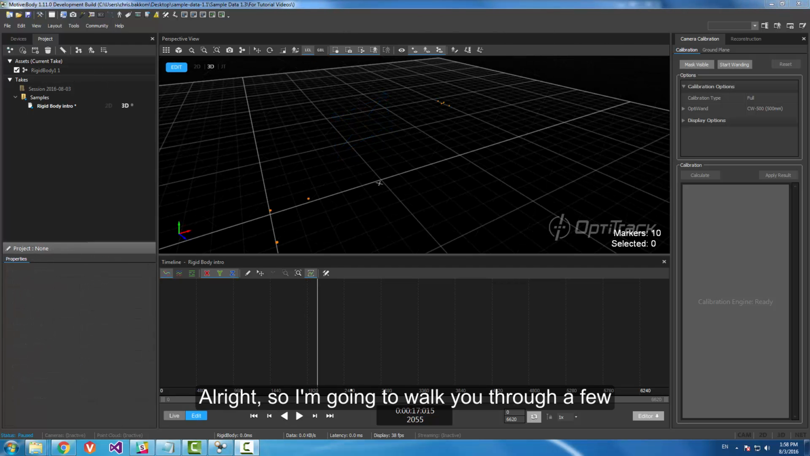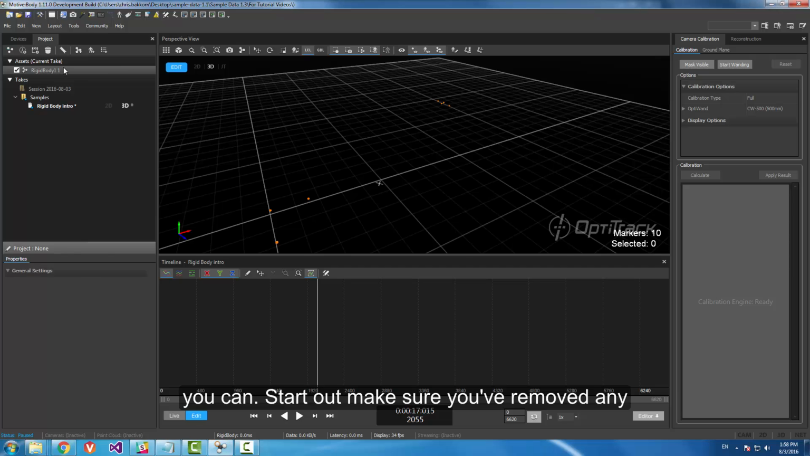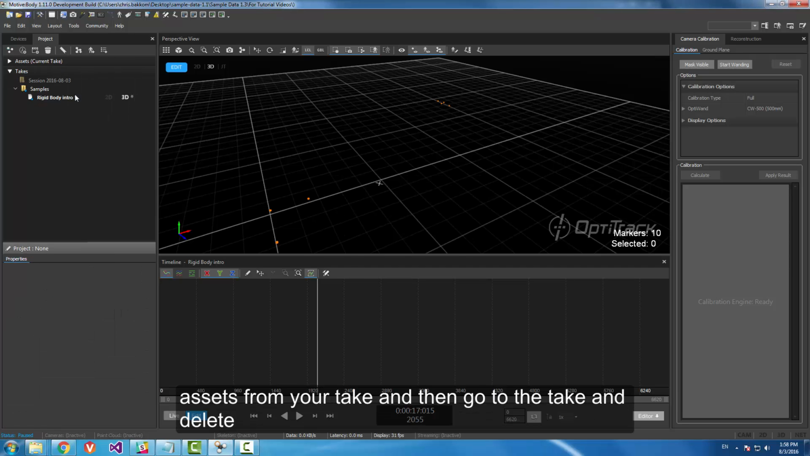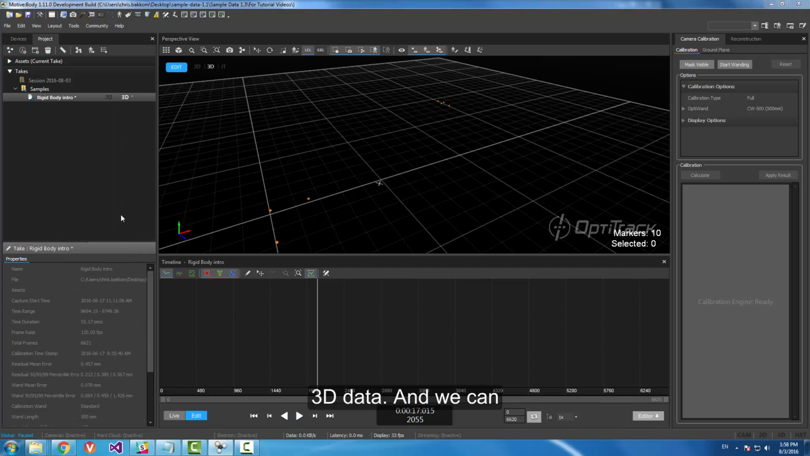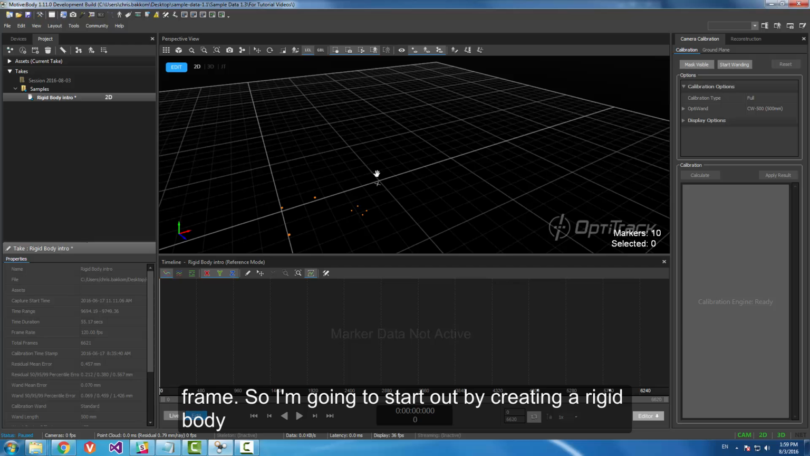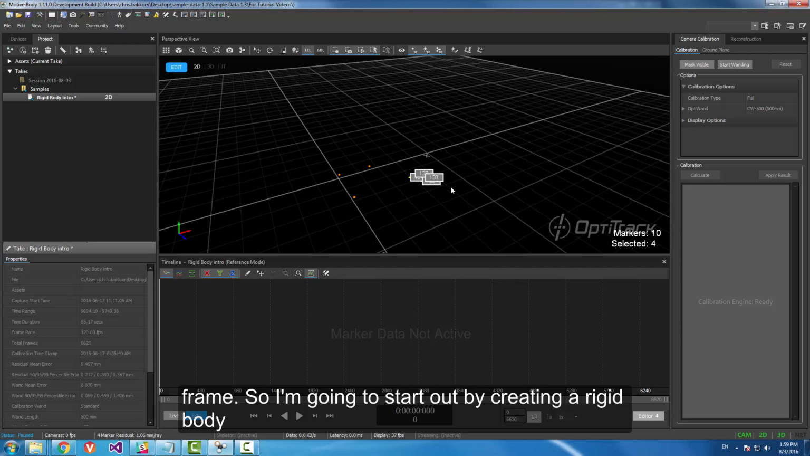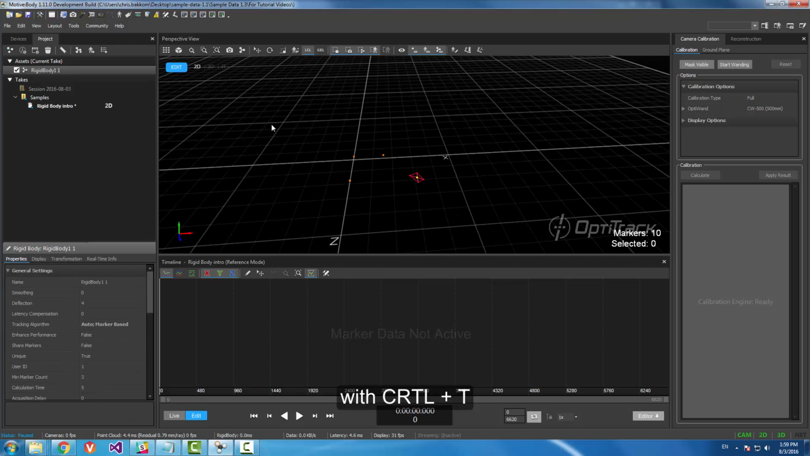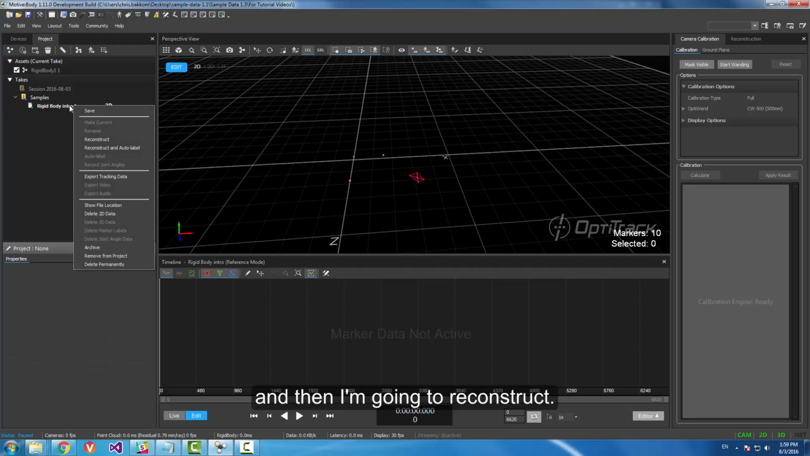All right, so I'm going to walk you through a little bit of odd steps, but follow along as best you can. Start out, make sure that you've removed any assets from your take, and then go to the take and delete 3D data. And we can scrub the timeline so everybody's on the 0 frame. So I'm going to start out by creating a rigid body with Control T. And then I'm going to